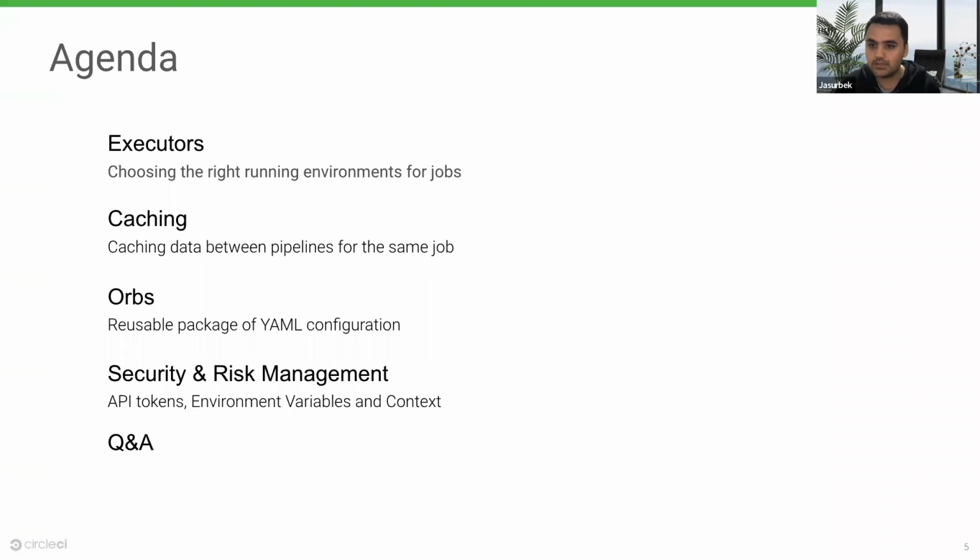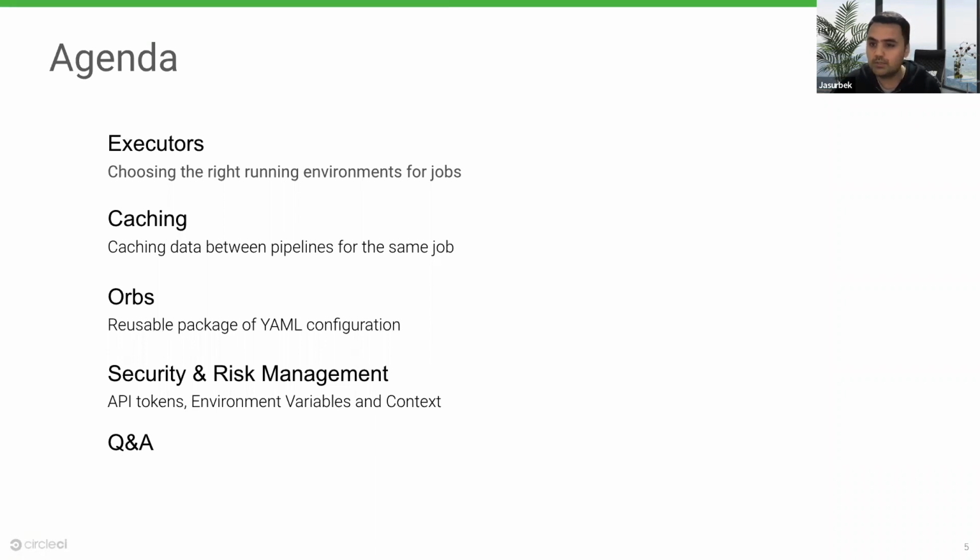The first and most initial point is choosing the right running environments for your jobs. At CircleCI, we call them executors. And the second one is